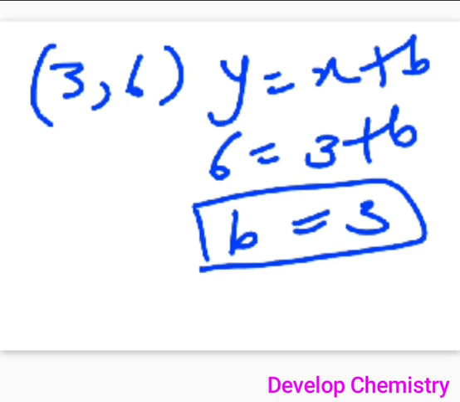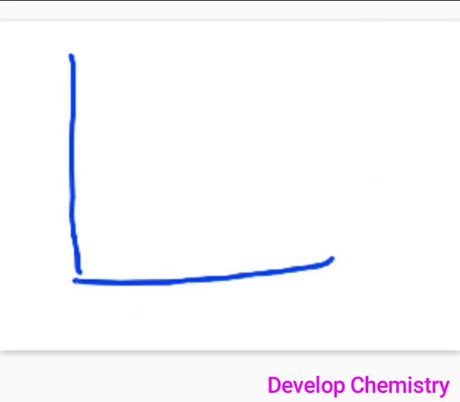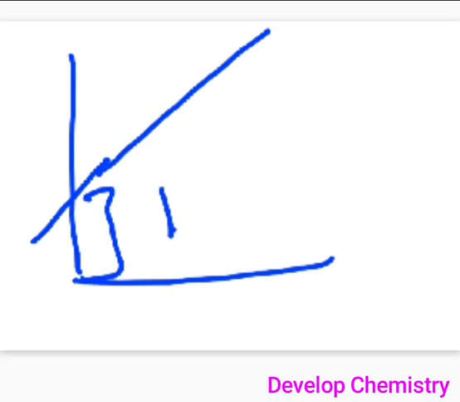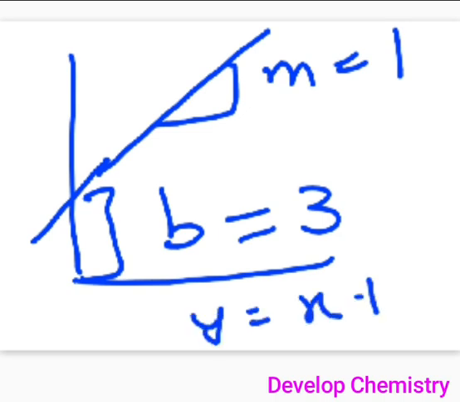Is it okay? So, what is your final equation now? y is equal to x plus 3. Is it okay? So, similarly, you can represent this equation of best fitting line in this way. This is your line. You are going to just extrapolate this line in this side. This is the value of the intercept, which was b. What was the value for intercept here? b is equal to 3. And this is the slope value, right? That was represented as m. m was 1 in this case. So, your final equation here becomes y is equal to x plus 3.